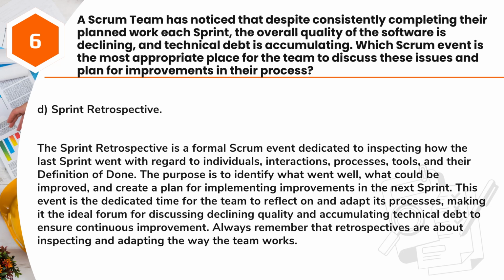Answer: D. Sprint retrospective. The Sprint retrospective is a formal Scrum event dedicated to inspecting how the last sprint went with regard to individuals, interactions, processes, tools, and their definition of done. The purpose is to identify what went well, what could be improved, and create a plan for implementing improvements in the next sprint. This event is the dedicated time for the team to reflect on and adapt its processes, making